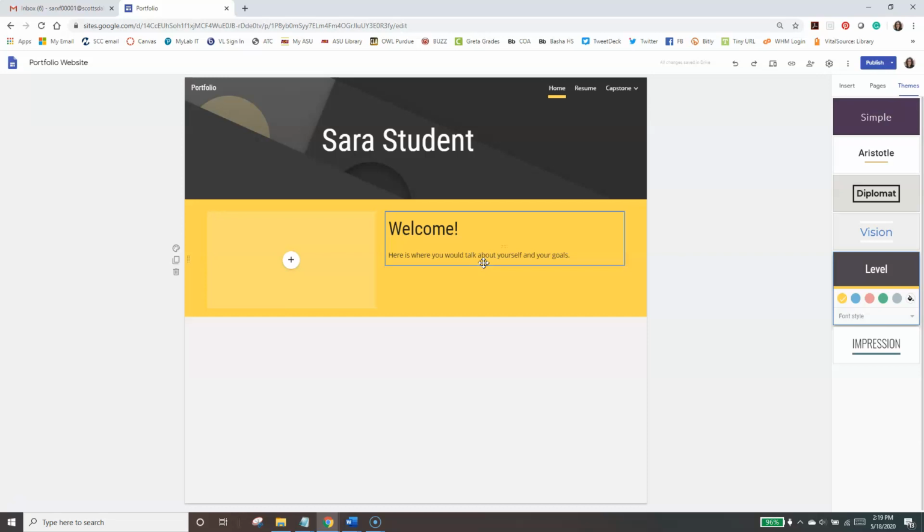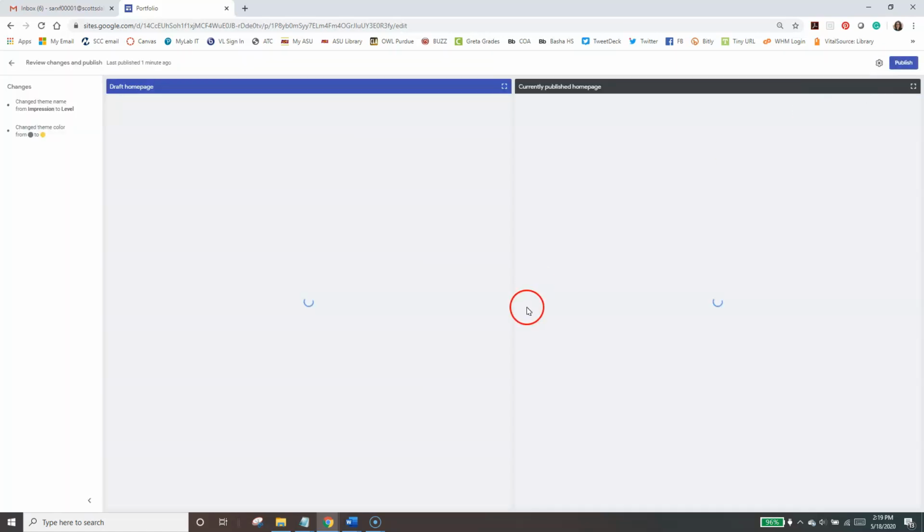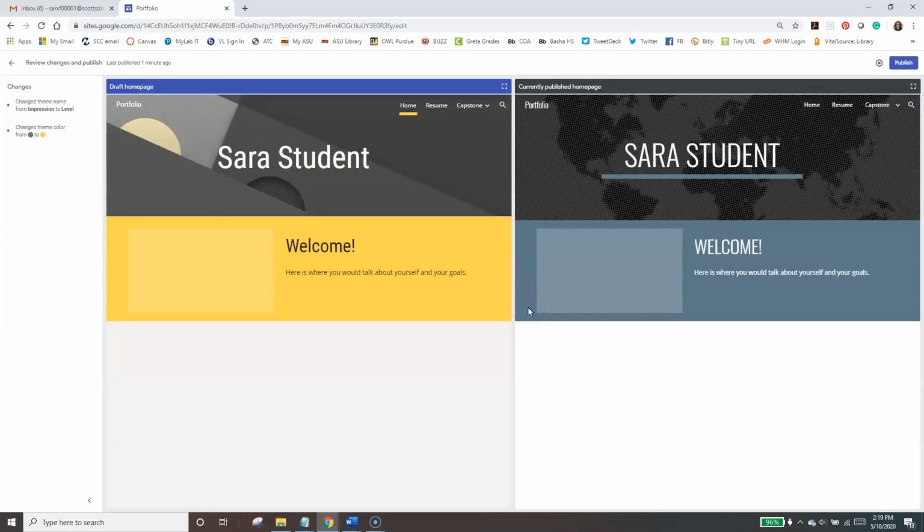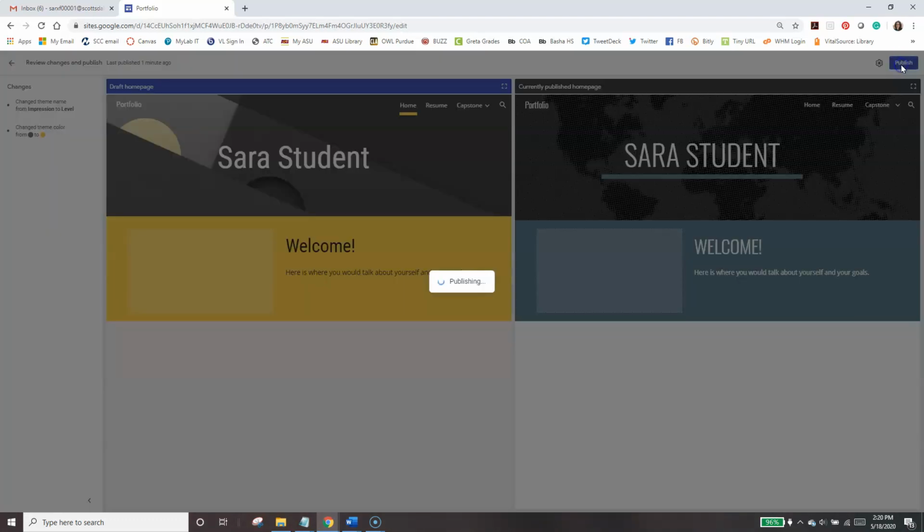So after you have published it, if you go back and make changes, you have to republish the website. So to do that, go back to this Publish button and choose Review Changes and Publish. Okay, what'll happen is it opens up a screen. It tells you what it used to look like and what it looks like now, and you're going to get some list over here on the left of all the things that you changed. If you're happy with that, you can go ahead and click the Publish button,